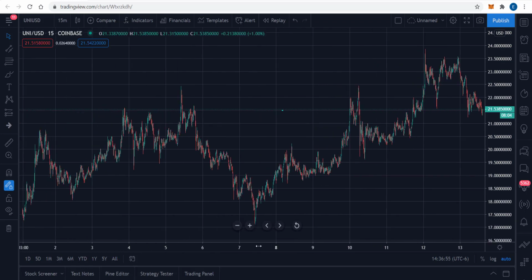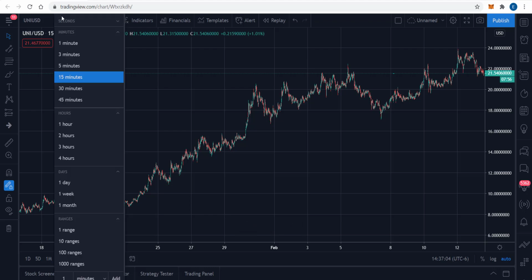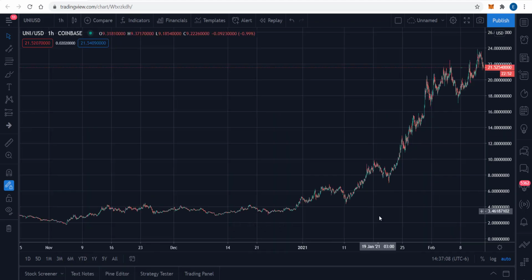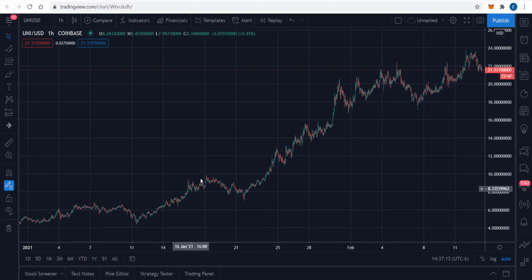I mean, it's hard not to say that this thing is going higher. I mean, look at that. Just look how strong this upward move has been. And let's kick it back out. Actually, I'll kick it back to the 1 hour. I'm not going to go back to the daily because I don't feel like the daily had enough value.